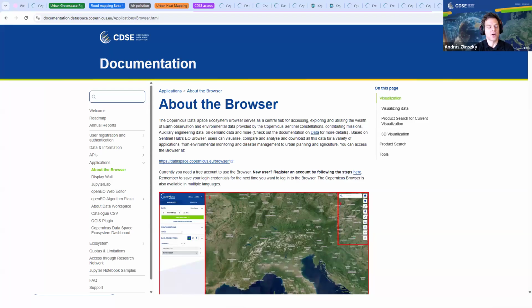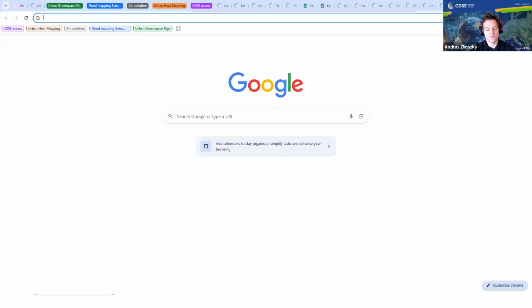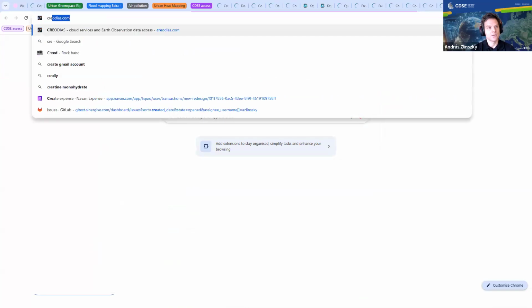So that's the easy part. For Copernicus contributing missions specifically, I think you have to talk to the data providers. So there you would have to submit a regular price quote request, and that would give you commercial access to the data. It's possible to do this again through CrowdIS, which is the commercial cloud provider linked to CDSE,